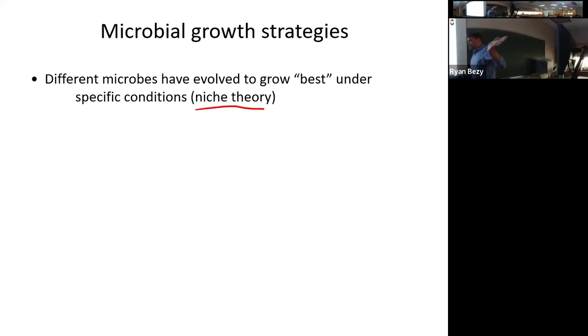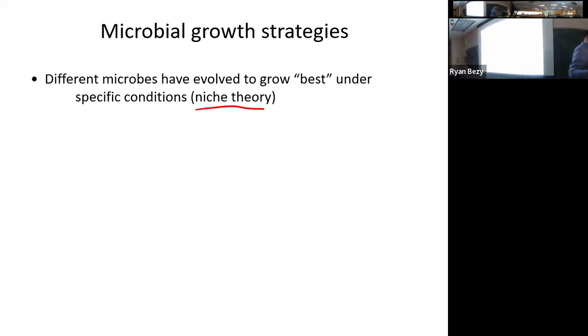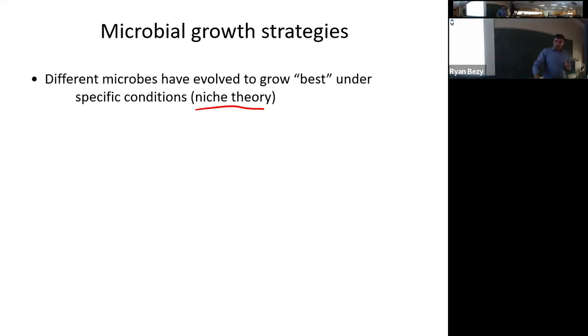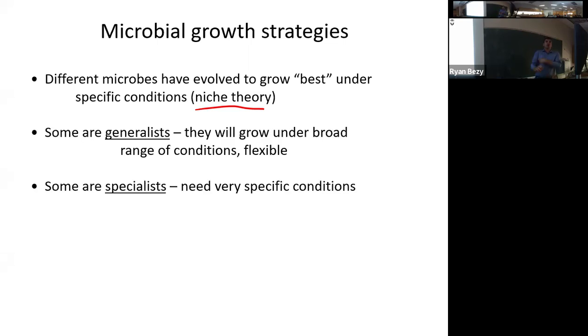A particular bacterial species might have evolved under certain conditions, and it's evolved and acquired adaptations that help them be successful under those conditions. So with that being said, there's a lot of different bacteria and they live everywhere. So it kind of depends on what kind of bacteria we're talking about. Some bacteria are what are called generalists.